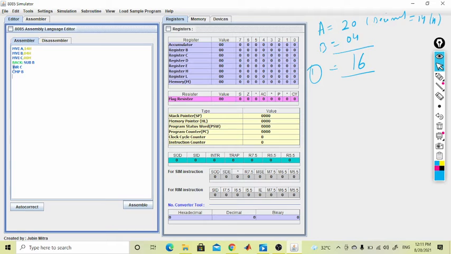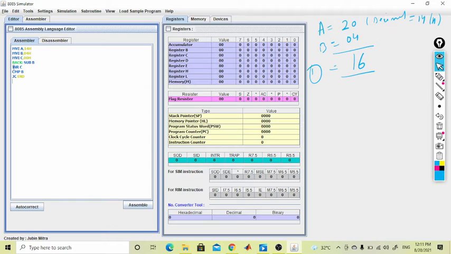If the comparison shows that a carry is generated, we jump if carry to the end point. And if there is no carry, then it will again come to the same process of subtraction.